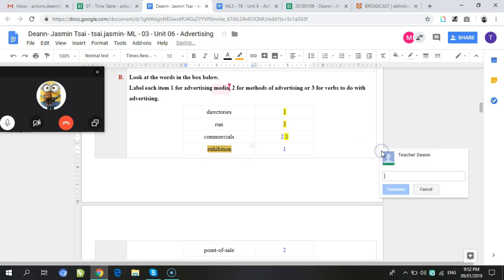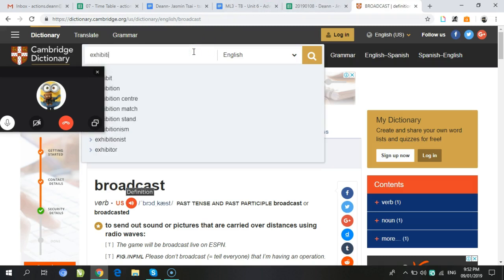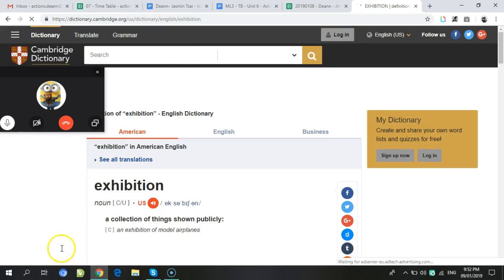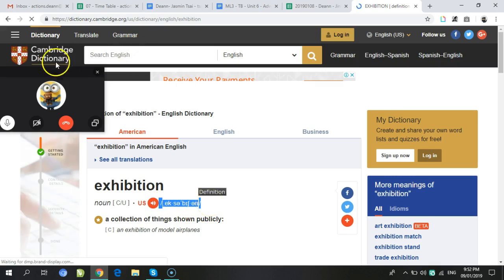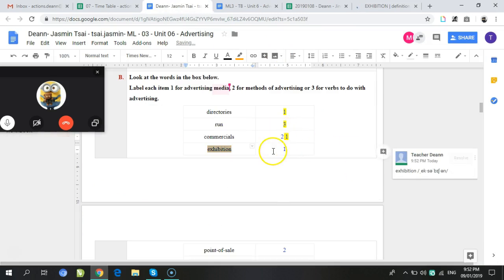I will just put the word exhibition so that you can remember. Sometimes I don't know which is advertising media and which is a method. Exhibition is